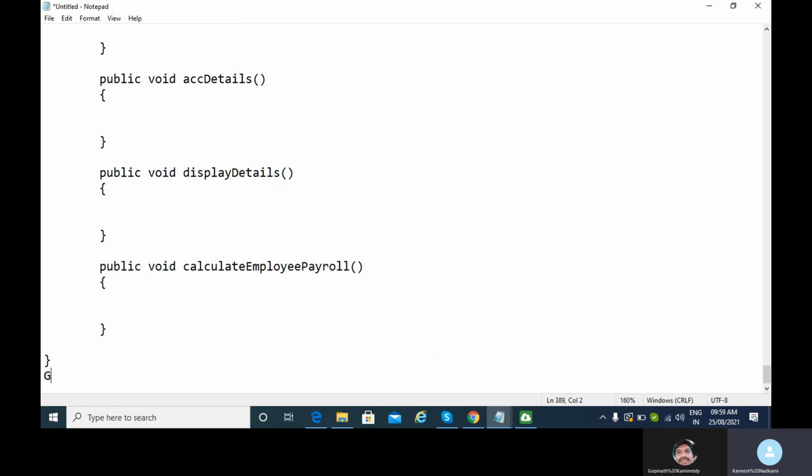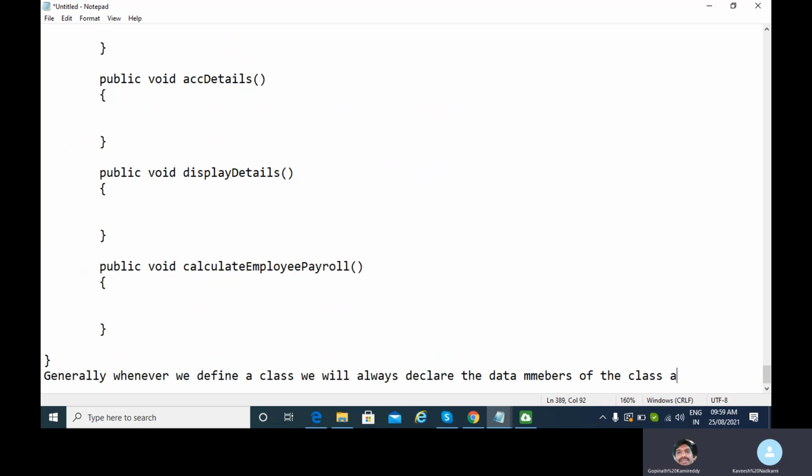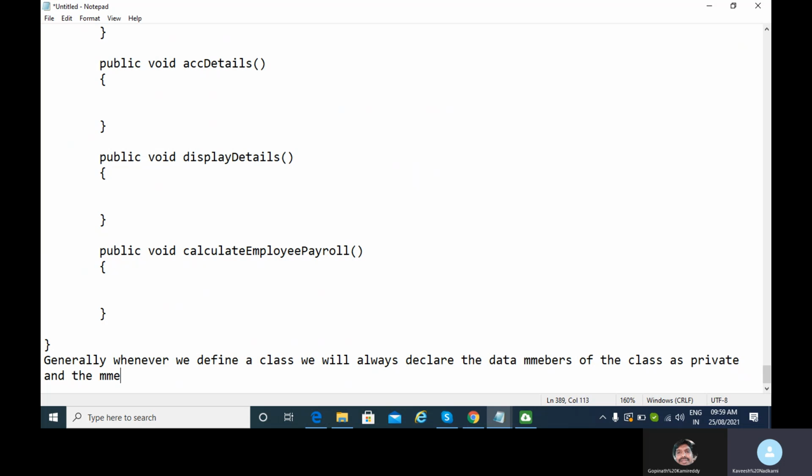I'll just write: generally, whenever we define a class, we will always declare the data members of the class as private and the member methods of the class as public. This is mainly to implement encapsulation and data hiding.